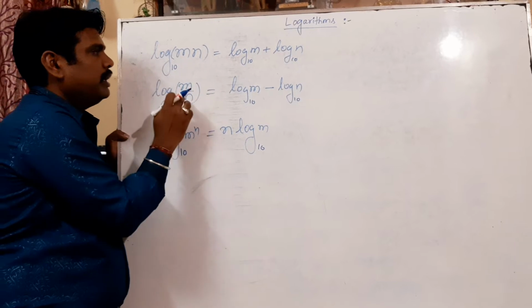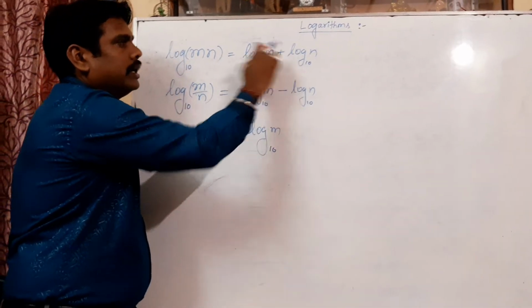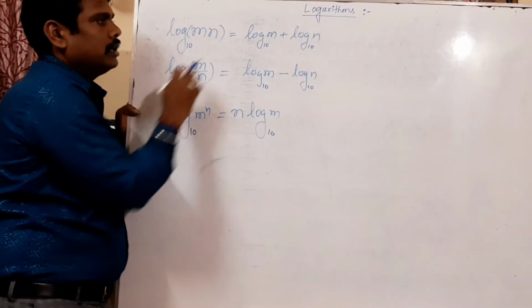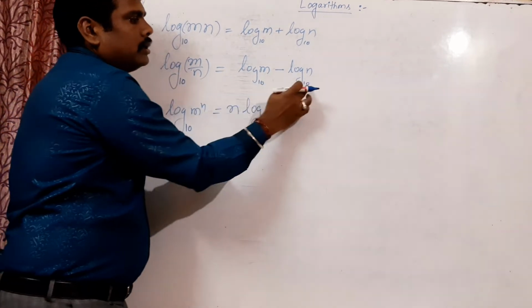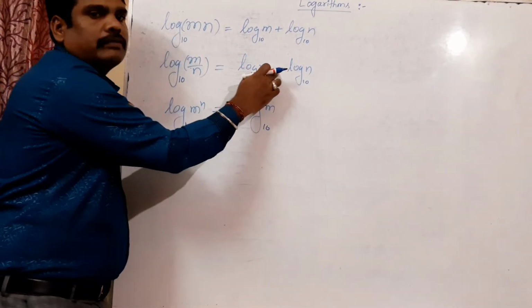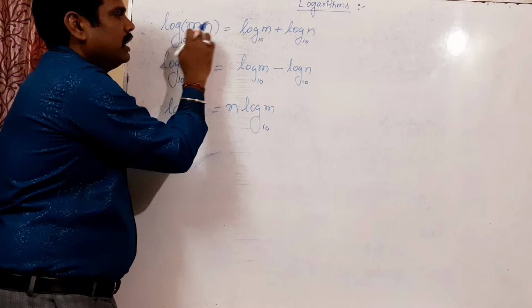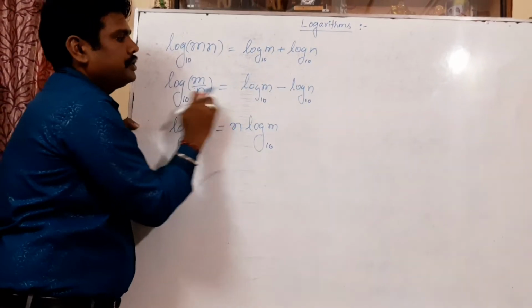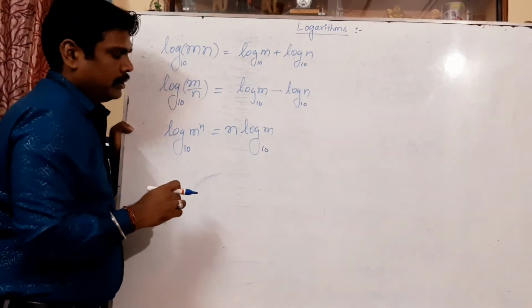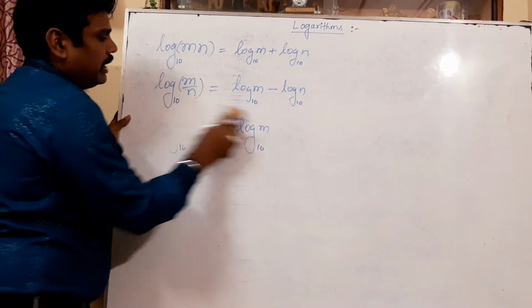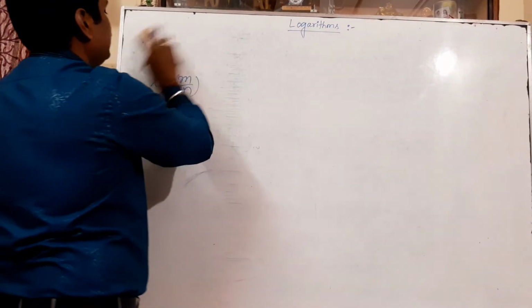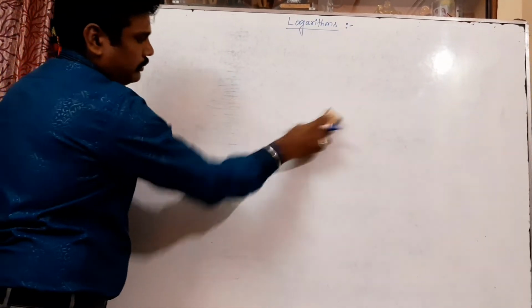If there is a multiplication, there should be the addition formula after applying the logarithm. If there is a division, one should apply the subtraction formula. If it is a multiplication, we get plus here. If it is division, we get minus here. You got an idea? So these logarithmic values can help to simplify any complicated problem, as I told.